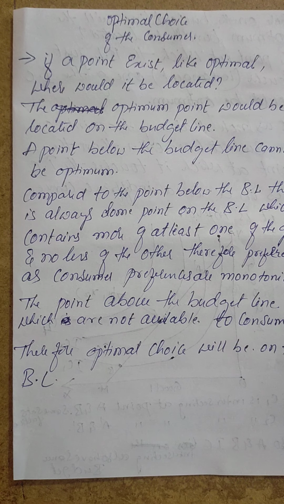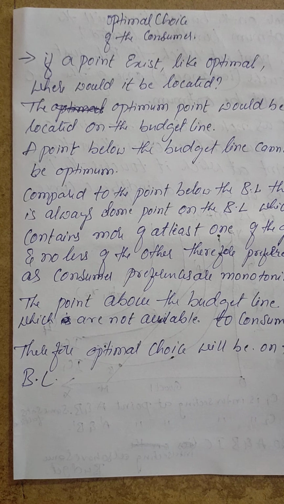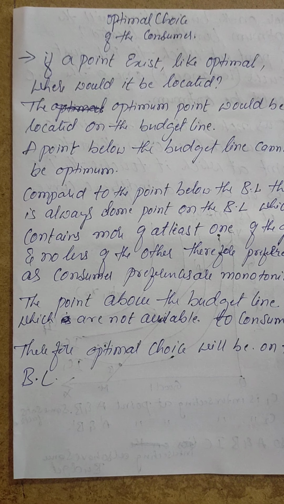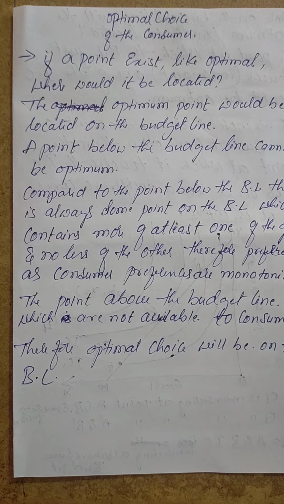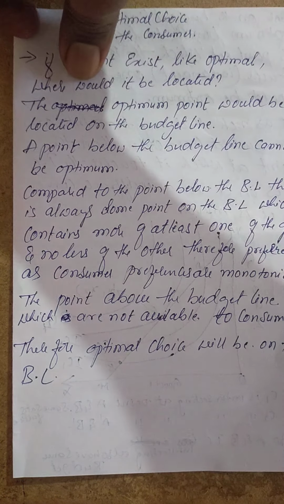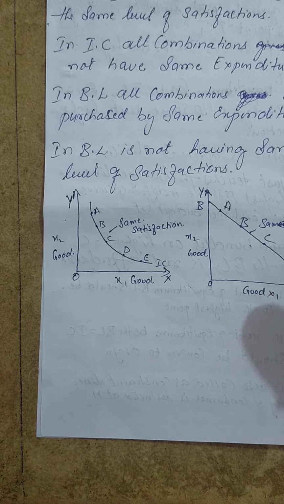Keeping these points in mind, we take the indifference curve and the budget line, both combinations, and put them into the optimal choice. See, not only in this chapter, in every chapter there is a link, one after the other. That is the reason we have done the budget line, we have finished the indifference curve, and now we are coming to the optimal choice. So the combination of indifference curve plus budget line gives rise to the optimal choice. Let us briefly recall the indifference curve and the budget line. What do they say? Let us see.